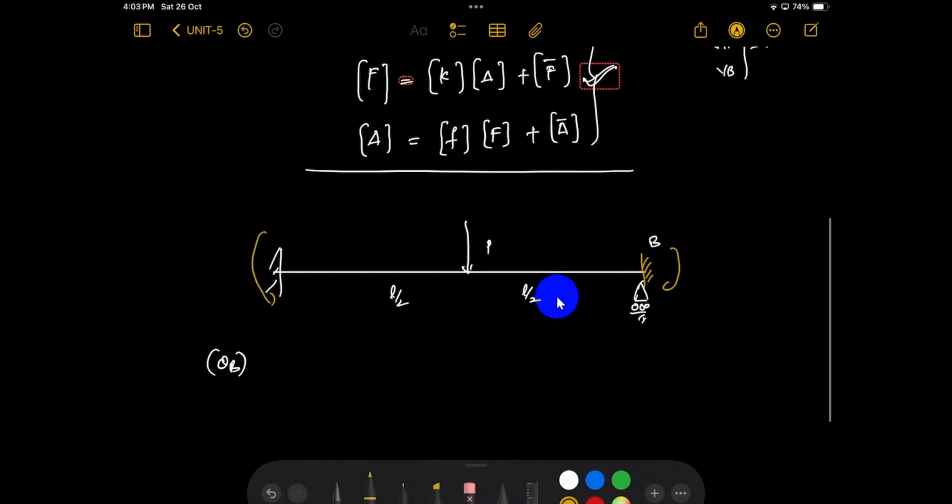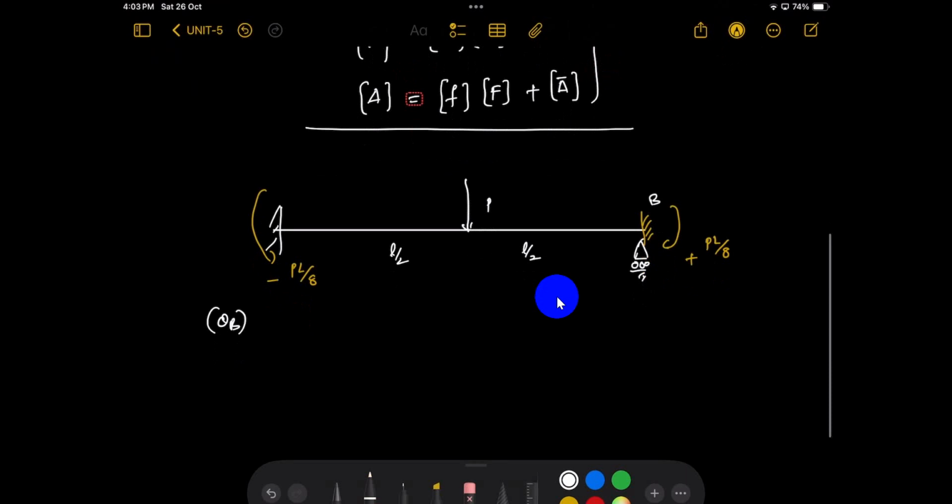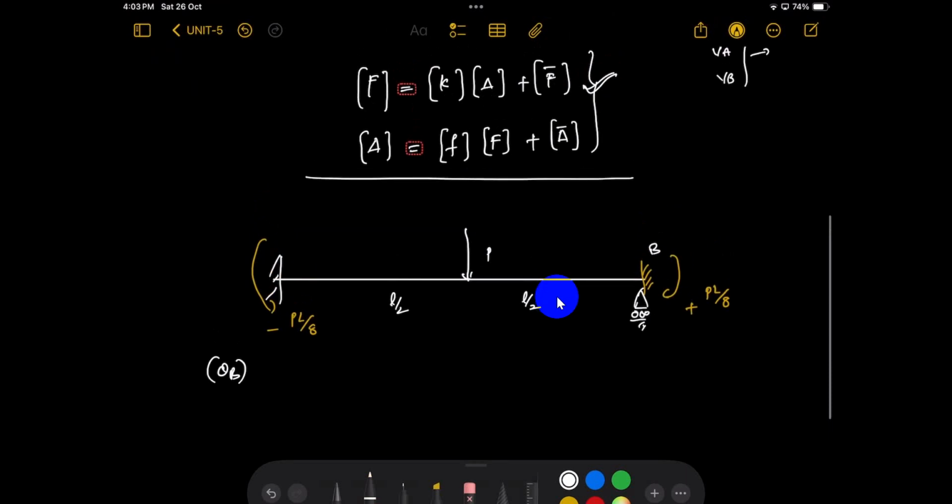What is the fixed end moments? This is pl by 8, this is pl by 8. So you can get any direction. This is a, if you take anti-clockwise as negative, clockwise is positive. You just arrest the degrees of freedom. Later, arrest the degrees of freedom, you will get the fixed end moment. This is the fixed end moment. Are you understood? This is the degree of freedom. Okay, so next,